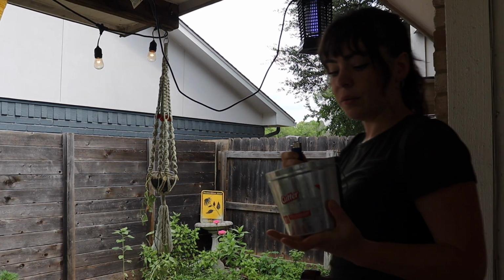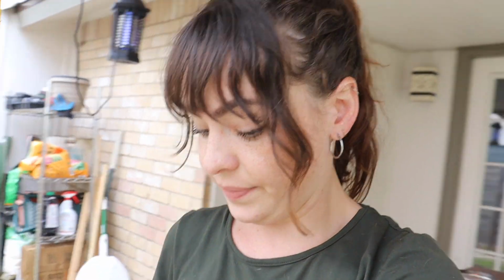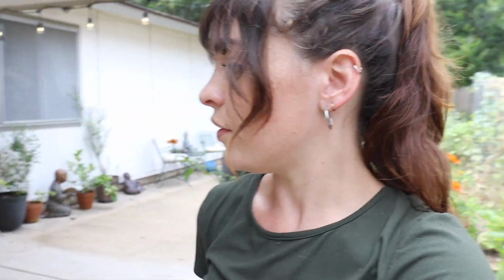Okay, y'all, I think I need to turn on all of my mosquito prevention. I have sprayed. They're just real bad this year, so hold please. Y'all, we got a zapper. We've got citronella candles. We have citronella tiki torches. And while I know this all sounds very extreme, and I'm really only going to be out here for like 20 minutes,